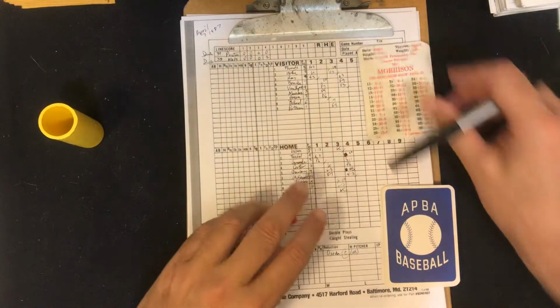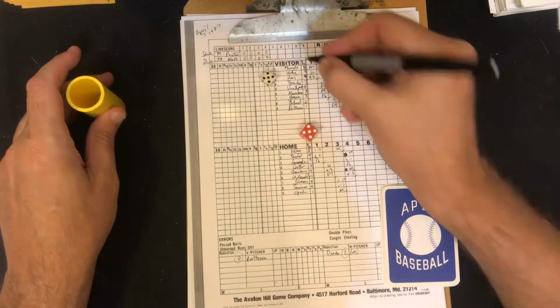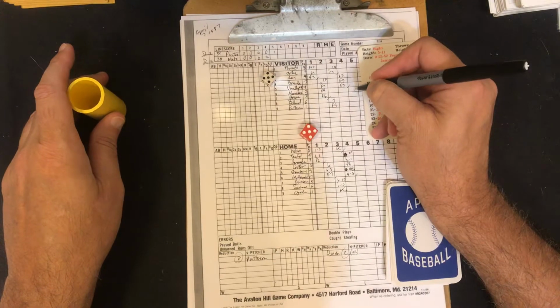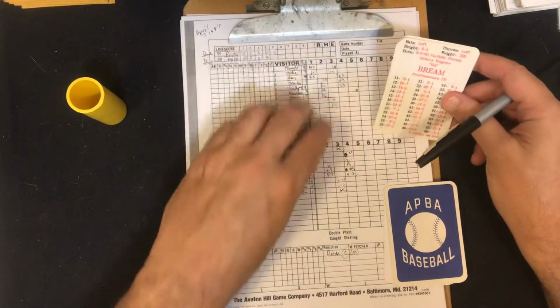James Morrison leading it off in the top of the fifth. 55, that's going to be a ground ball and through into center field. Oh, I don't know why I did that there. And Morrison is on at first. He's got average speed. Bream,